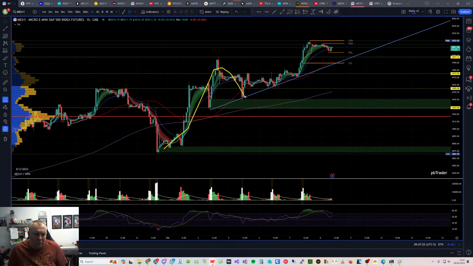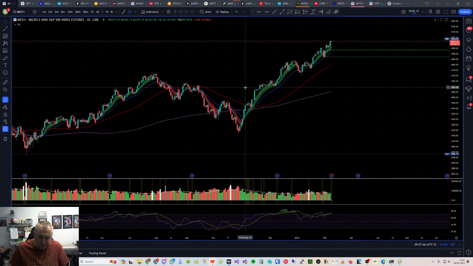And that's all we've been seeing over the last few days: dips being bought back up again, dips being bought back up again. Even yesterday, that dip there was bought straight back up again, and we kind of went sideways at the end of the day. Let's take a look at the daily, just to look at volume.